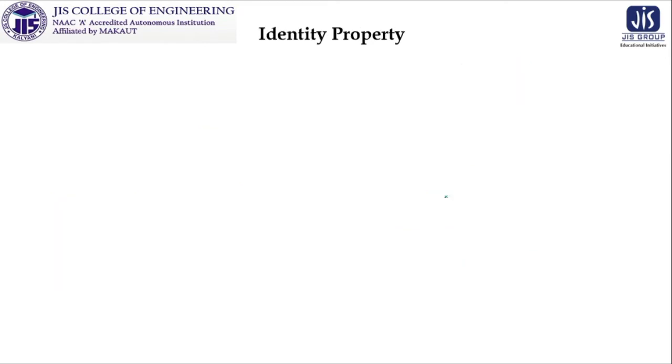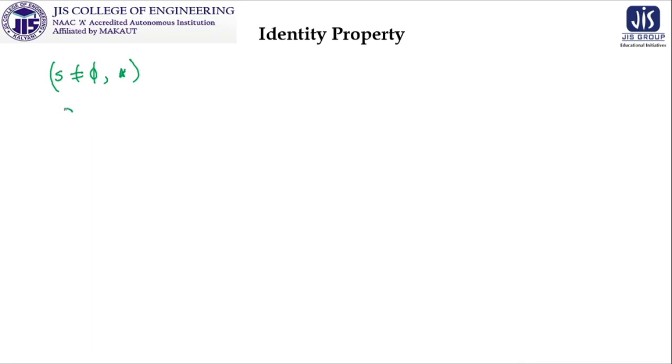Now we are moving forward to another property which is called the identity property. By the name it is very much clear why it is termed as identity. That means it keeps something identical. In a similar manner, we are taking the set S which is non-empty and we are taking one binary operation star. What does it mean?